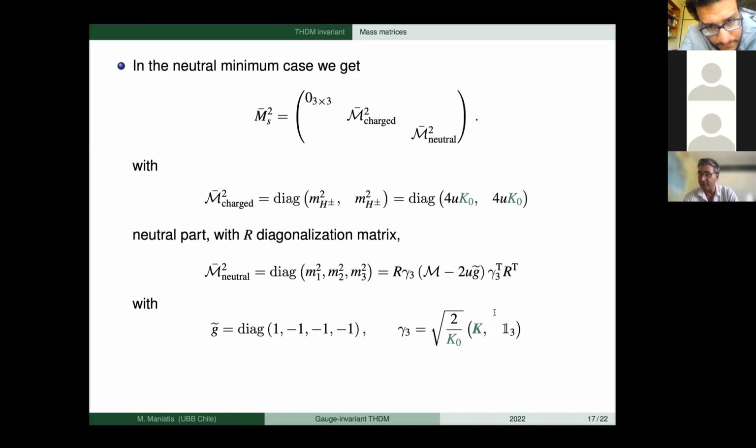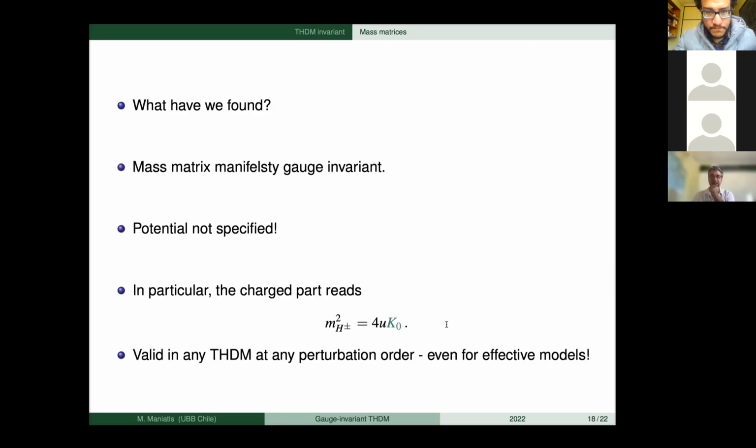3 go away from electroweak symmetry breaking, from the 3 generators, and so we have these 5: the H plus, H minus mass, and then we have these weak scalars. And here we can compute them. And as I said, we haven't fixed anything. We haven't fixed the model at all. And this motivated us to